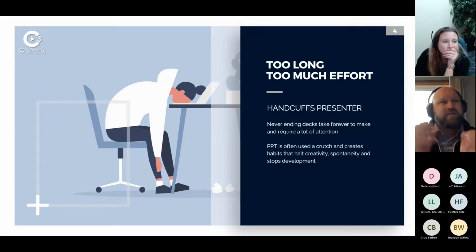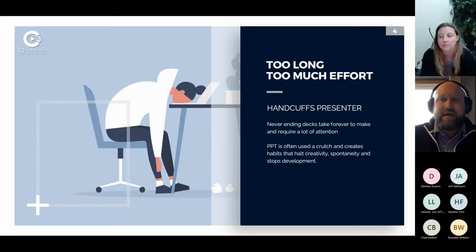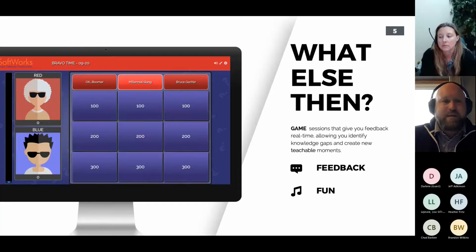And in a lot of ways, you're handcuffed by the PowerPoint slide, right? This is what we're talking about now. So now we're going to chat about this. And I think those never-ending slides, if you have 60 slide PowerPoints, can be exhausting for the presenter and certainly for the presentee. So what else can you do? There's a lot of things. I'm going to talk about,